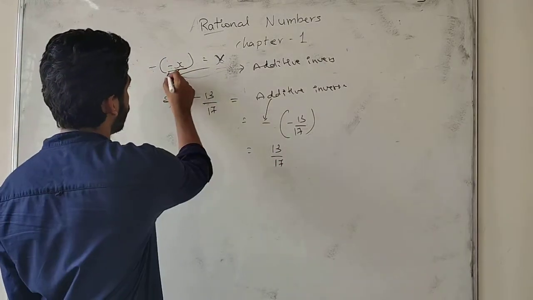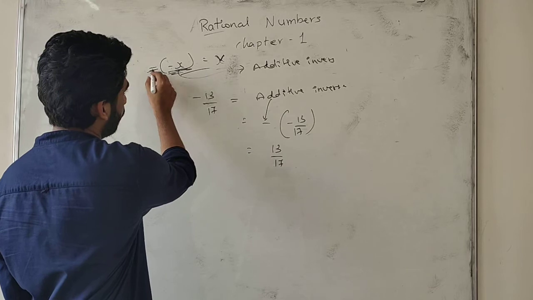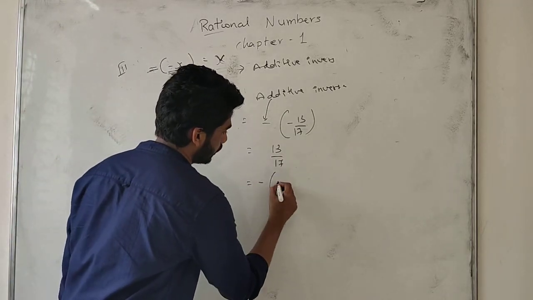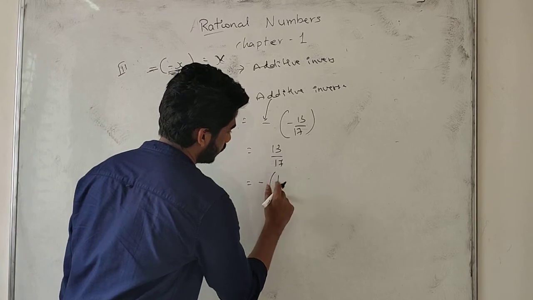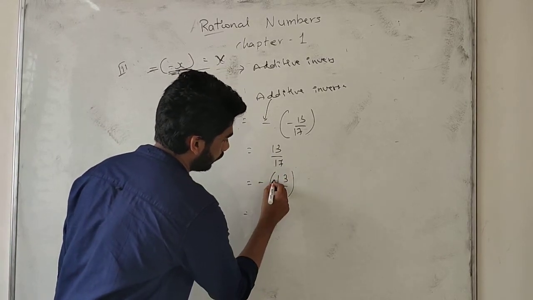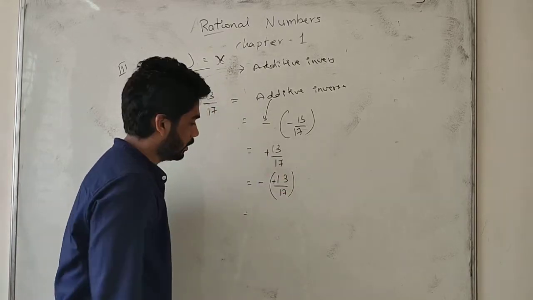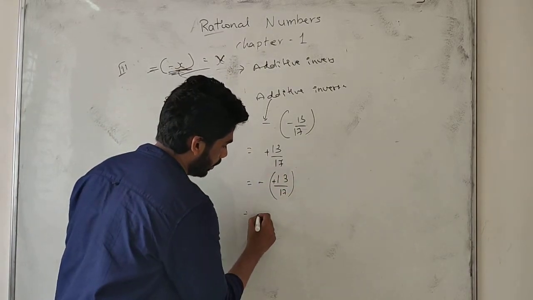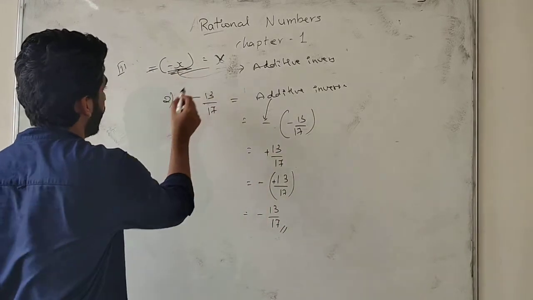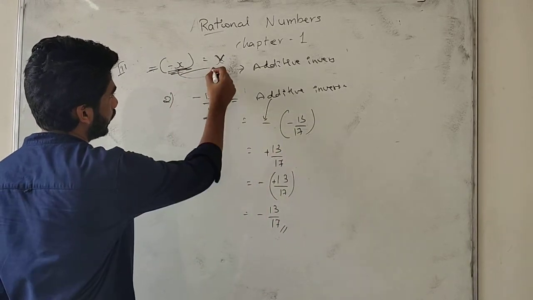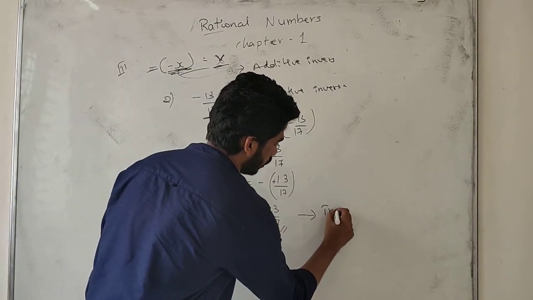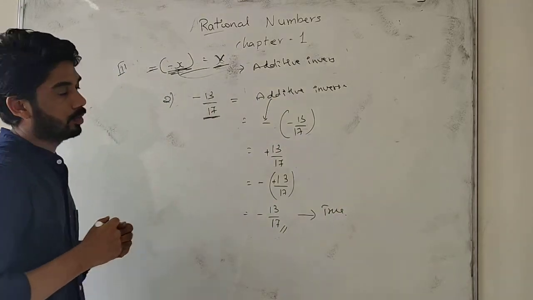Now, additive inverse we got this part, so we have to multiply with the minus sign. Next step we will write it as minus into 13 by 17. Minus into anything with the plus sign, if nothing is there it's a plus, will be minus 13 by 17. So see friends, here the minus sign is there, x is there, so we are getting the same exact answer. In this way it is true. In this way we have to find it out.